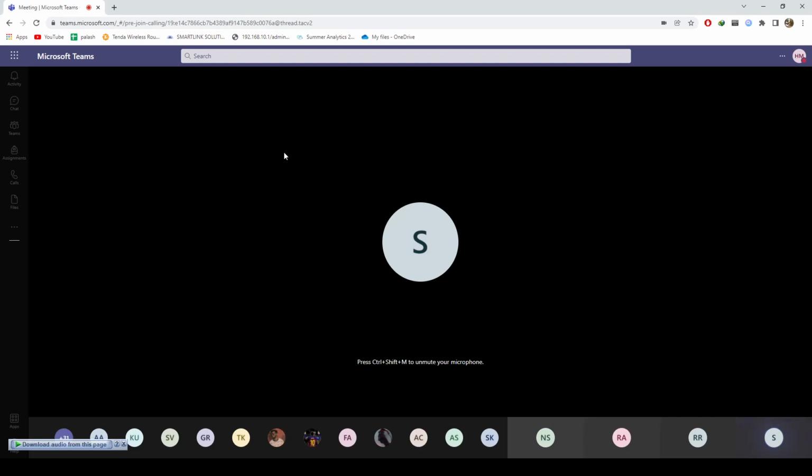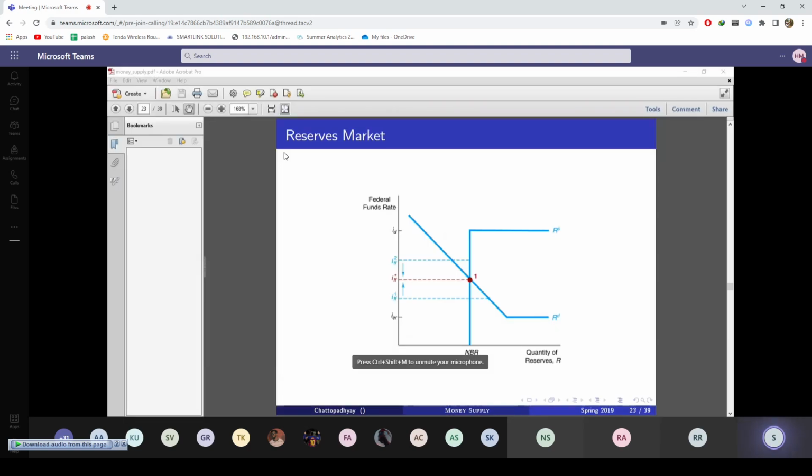And to do that, we'll concentrate on the reserves market. This graph is visible, right? Reserves market, everybody? Yes, sir. The graph is visible. Okay, so here what we have done, we have